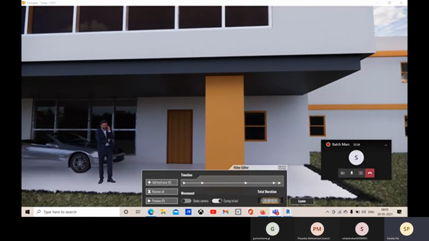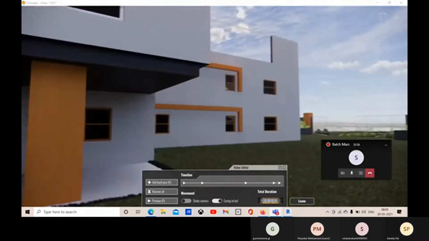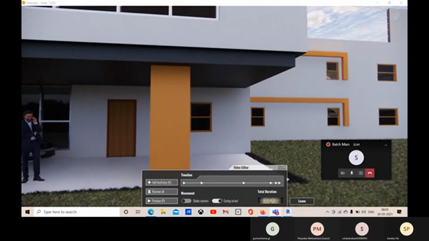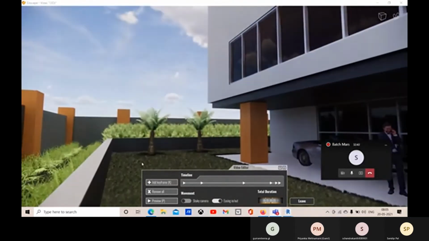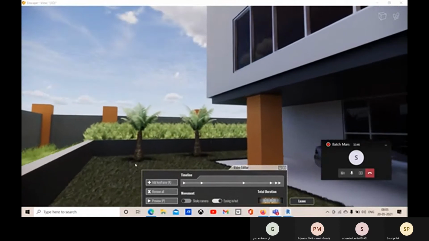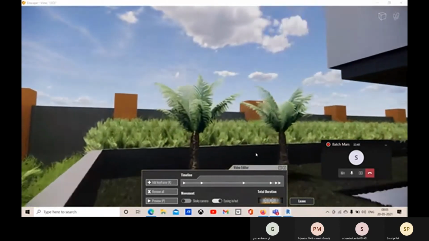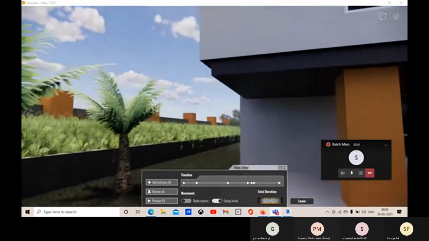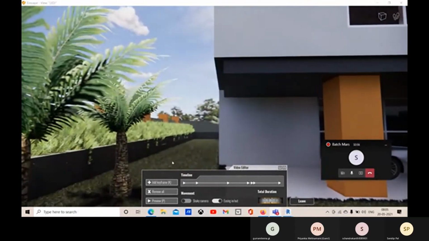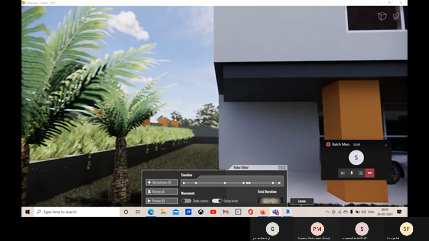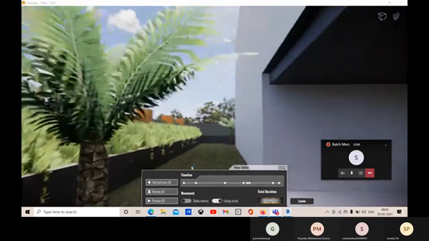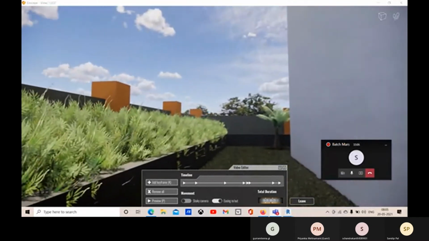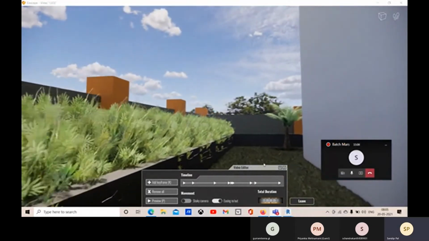Add another keyframe like this. Here, let's add another keyframe.